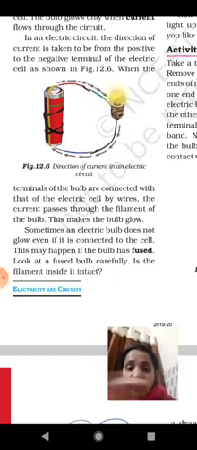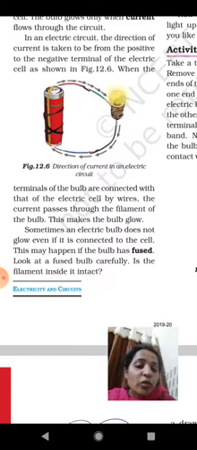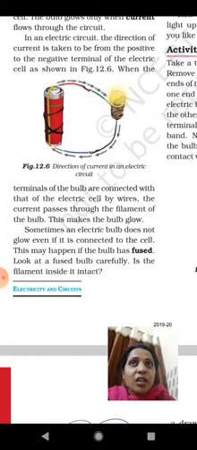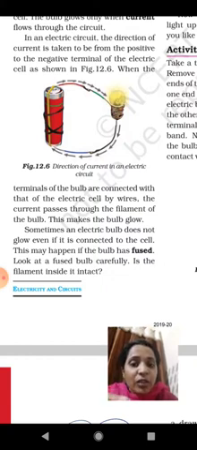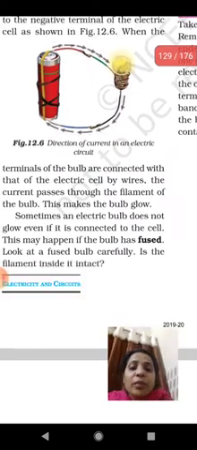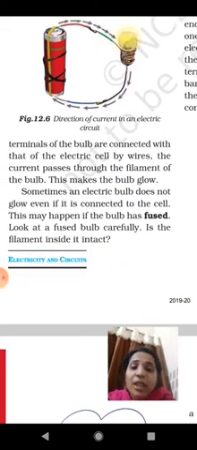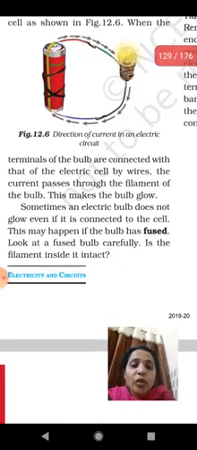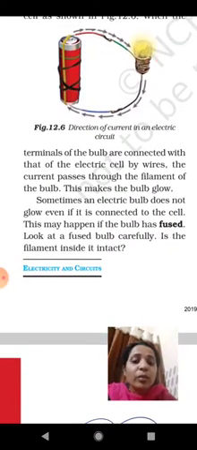Now students, what do you mean by filament? The filament means the innermost portion of the bulb. That is very small, and if we bring a bulb near to our eye, you will see a small black colored line moving. When you move the bulb, then that line will be moving, just like shivering, something is moving inside. That is the filament, the innermost part of the bulb. This makes the bulb glow. See, if that line is broken, then the bulb will not glow. But if it's proper, then the bulb will glow.